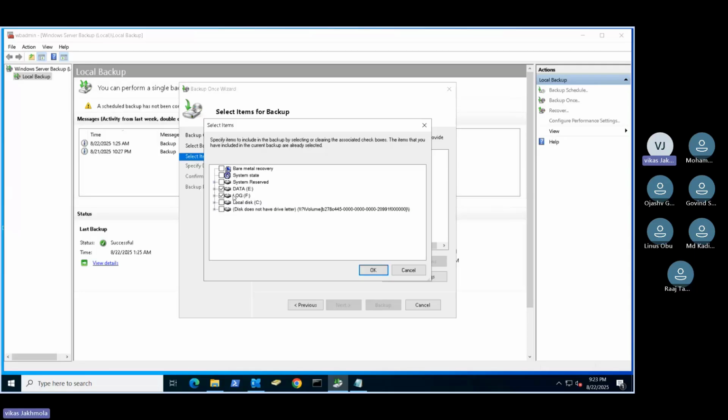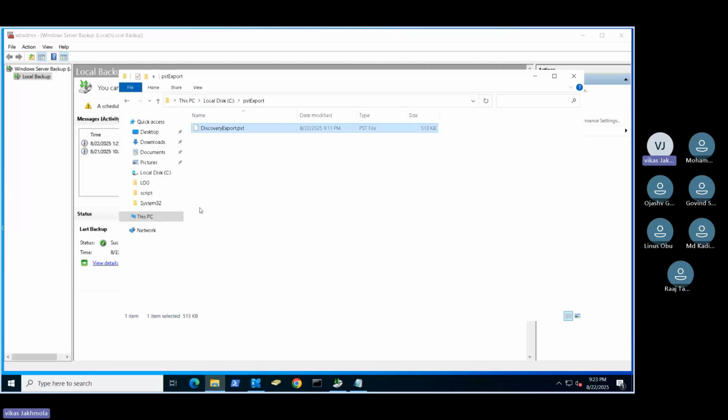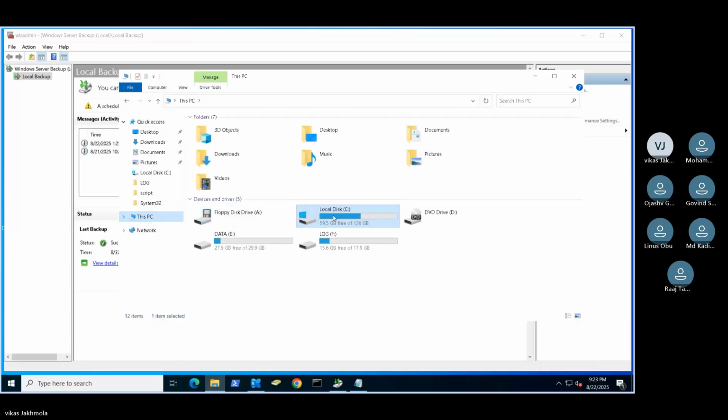You can do it at the file level as well, but you can miss some transaction logs there. In this way, it is good. It has an Exchange-aware backup, and it also truncates the logs. So it is the more preferred way. But there is a drawback. The drawback is that you can see we have data inside the